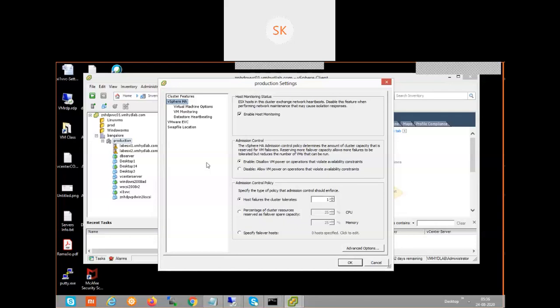If it is crossing the HA admission control, for example, when I deployed multiple VMs, the VMs that are running currently will keep running. But say a VM is down, you perform some maintenance activity, you shut down the VM to configure certain things. While powering on the VM, it is going to check this admission control policy. Are sufficient resources available or not to power on this particular VM? Who is going to check? The FDM is going to check.